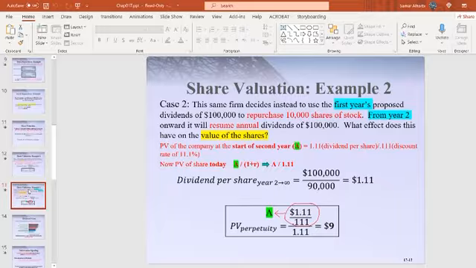So here, when you do this one at the top, you calculate the value at year two. However, I am interested today in how much to pay for these shares. You divide it again by 1 plus R. This is the formula. So you will do it in two stages. Actually, here it is done in three steps.